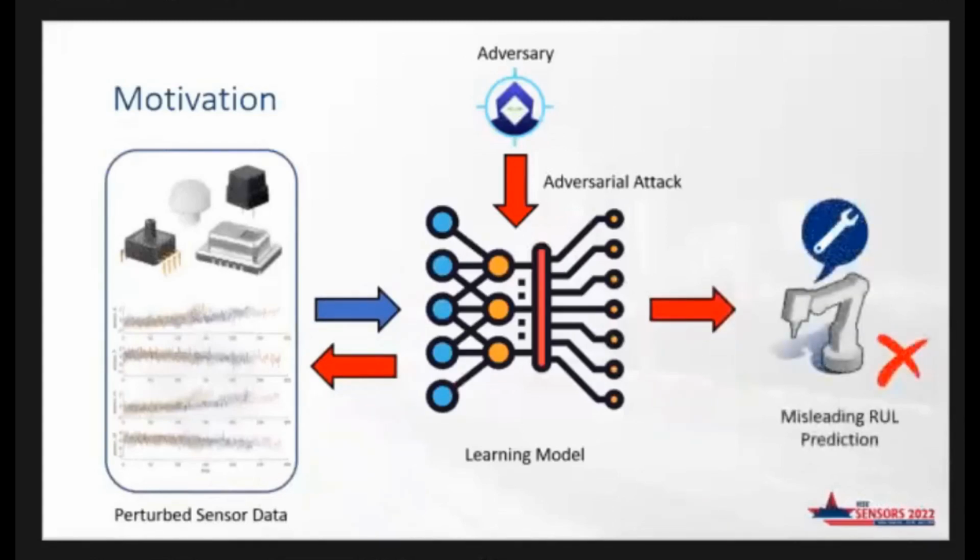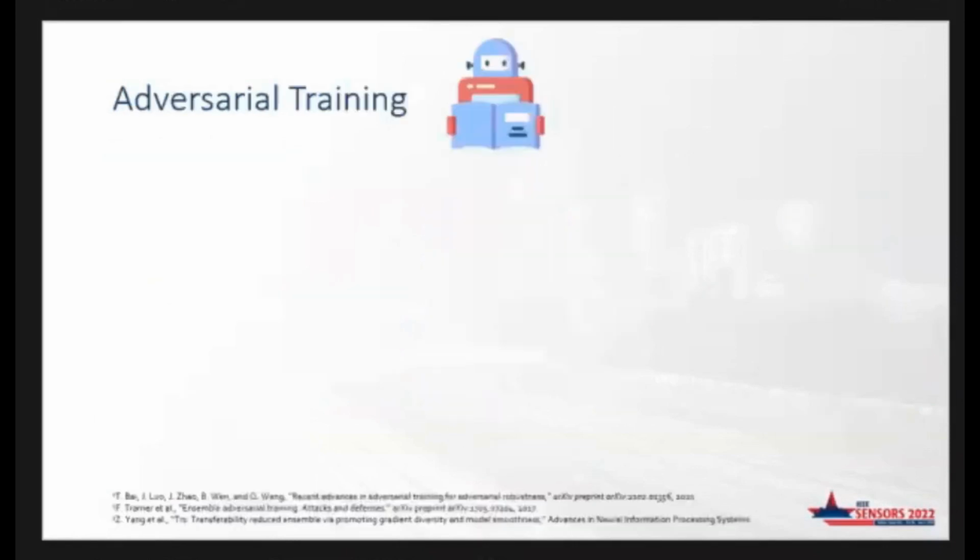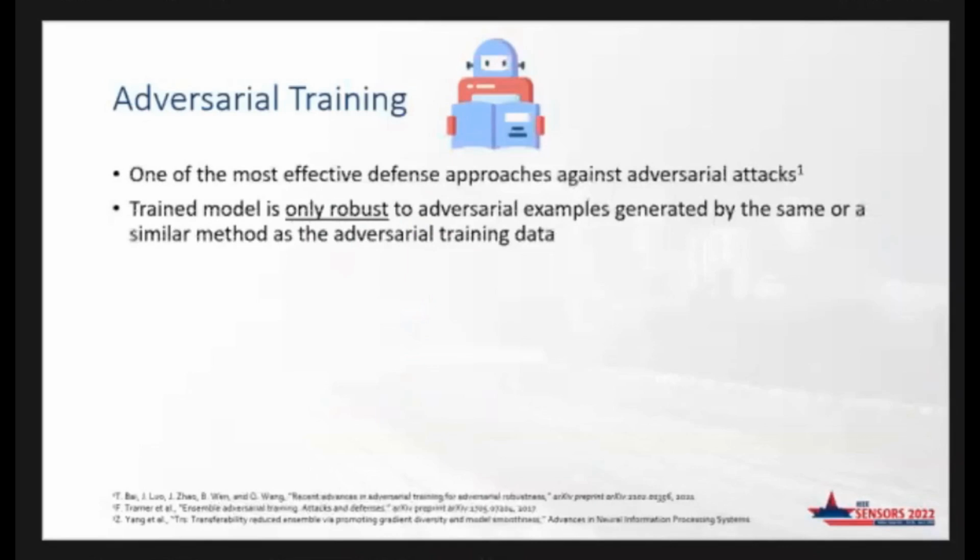So, misleading useful life predictions. This can lead to undetected failures in a production system, which can cause huge losses. Right? So this was our motivation. That is why we need effective, novel defense solutions that can protect our production systems against those attacks. Adversarial training is one of the most effective defense approaches proposed in the literature,